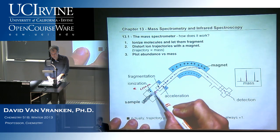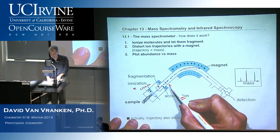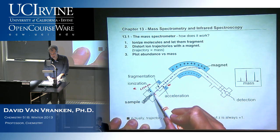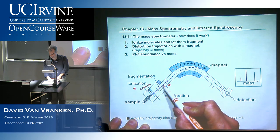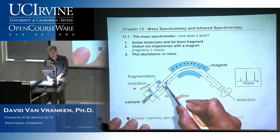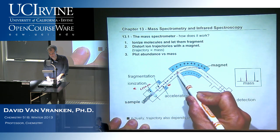And if your molecule has a positive charge on it, you can now use a negatively charged plate right here. That's this blue thing. I guess I don't need to label it negative. You can see the negative charges here. The ions will get accelerated to that negatively charged plate. And you can make it so that they accelerate and move through this tiny little slit. And now all your fragments of your molecule that started to fall apart now move through this spectrometer and into